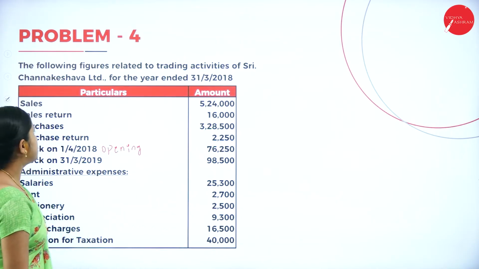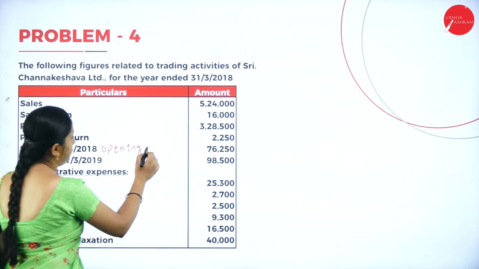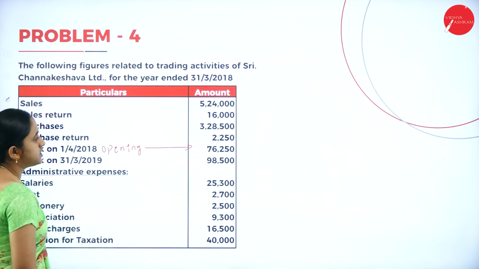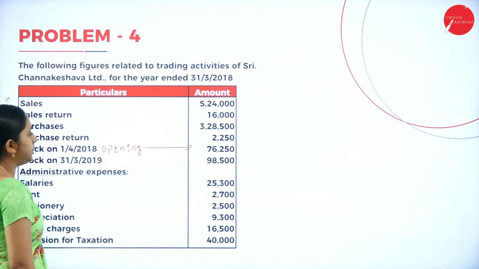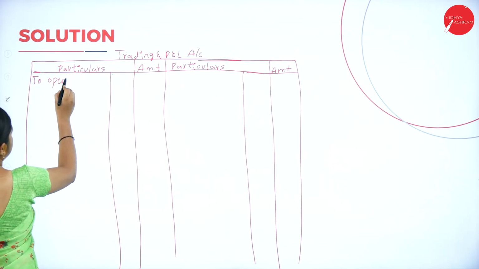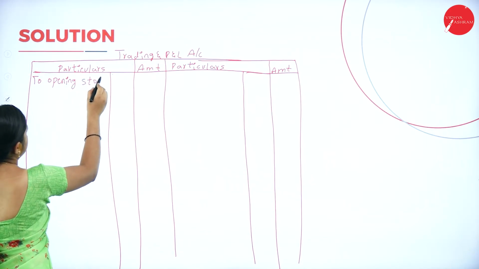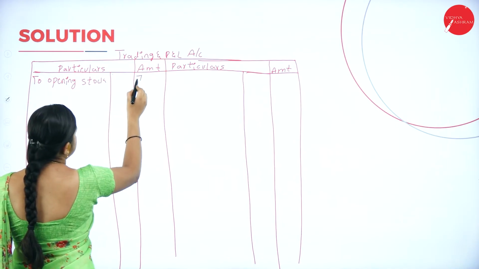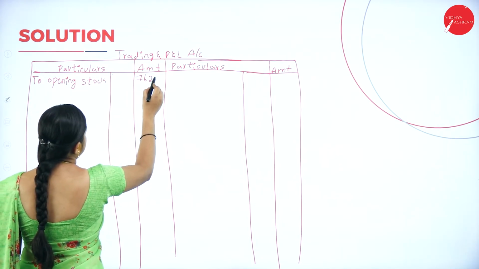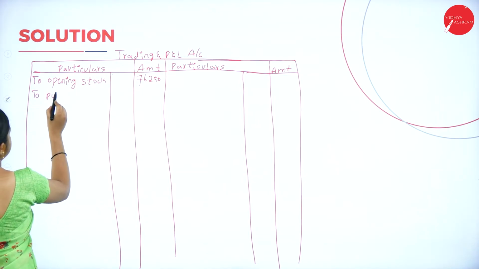In the same way, just prepare it. First, opening stock 76,250. To opening stock 76,250. Next, to purchase